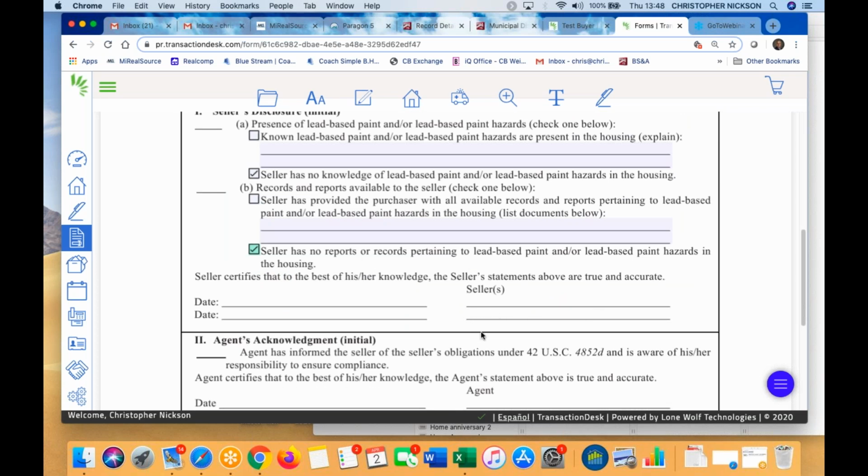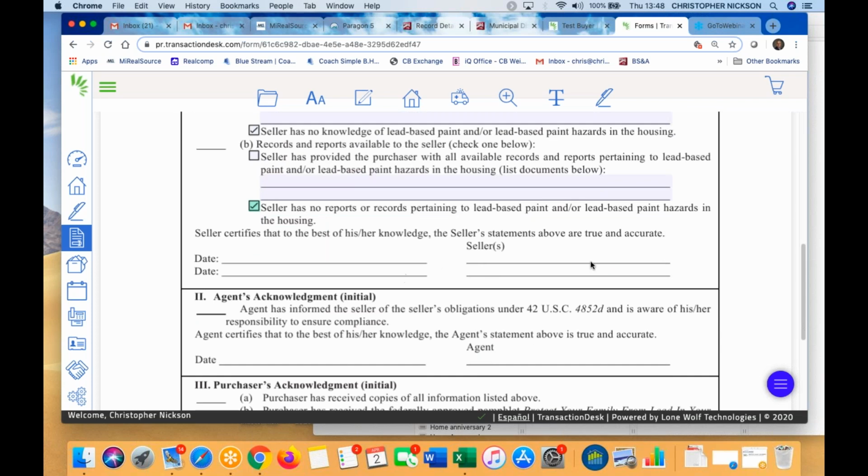There is no place down here for a seller's name block. You can add one in there if you want, or you don't have to. If you want to add a name block, a title block, you would come up here to the markups, come down to annotate, click on that, and then left click and drag open, and I can just type in there. It was Alfred G. Nixon. Because it wasn't a pre-formatted form, I'm going to add it. And then I'm going to add the same one down here, another annotate for Marie S. Nixon,